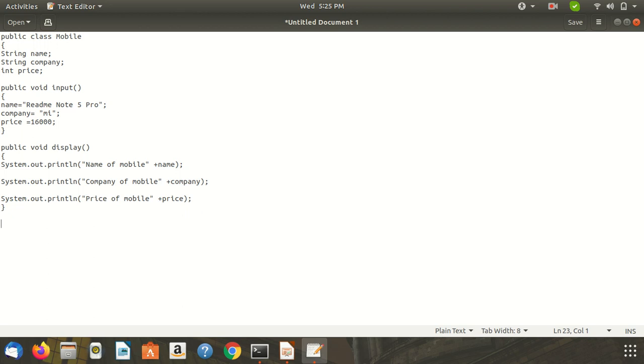After that define the main method to create the object of the class, or instance of the class. Public static void main String args.